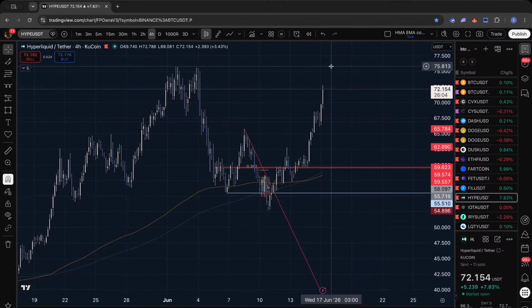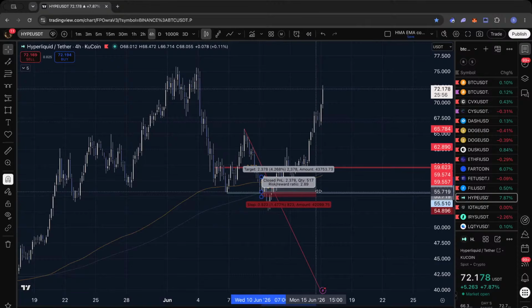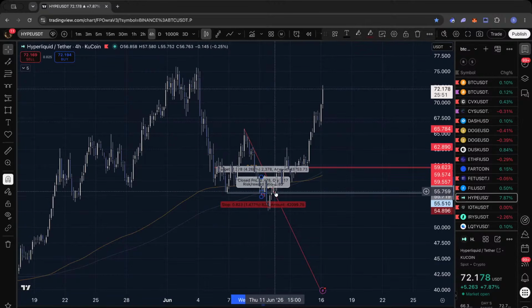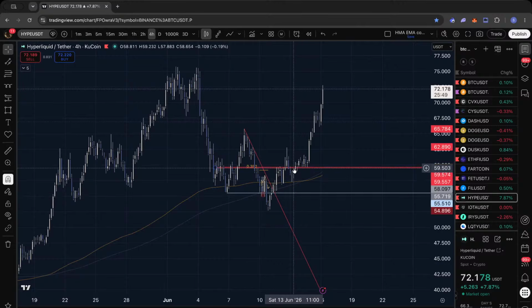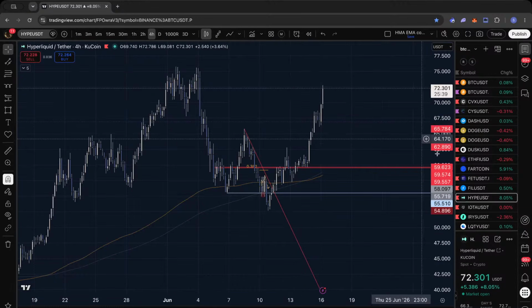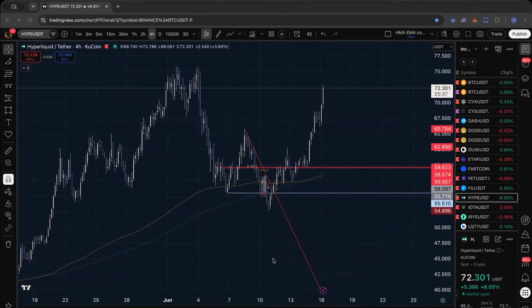Hype, it's going for the highs here. I did mention that I will look for longs around 55, and I even posted some longs here, as you can see. I played a fast 2-1, and then on the reclaim, I said that if I'm getting a retest of this 55.5, I'll take a long again. I didn't have the retest, is what it is. Now, most likely it's going for the high, so I'll just wait there.